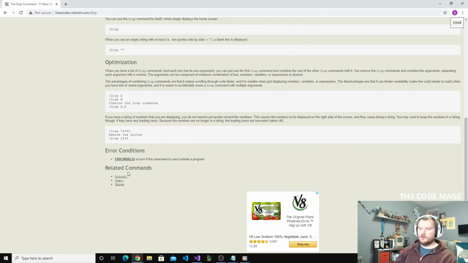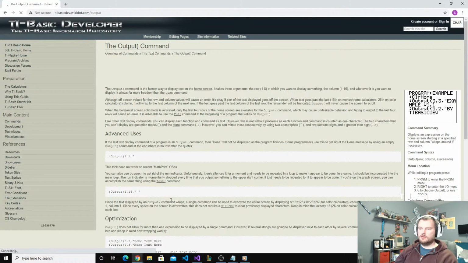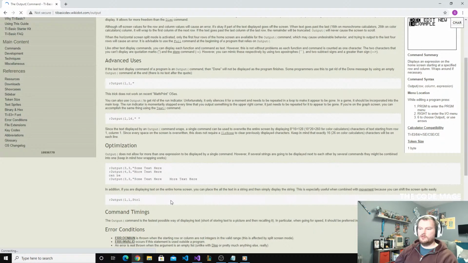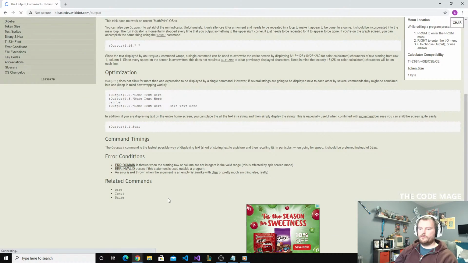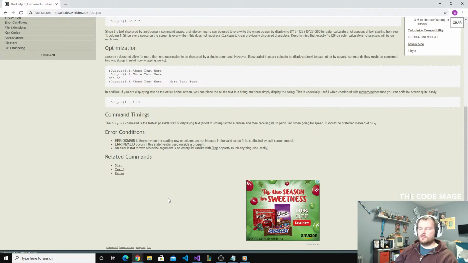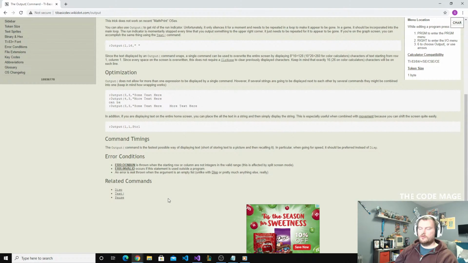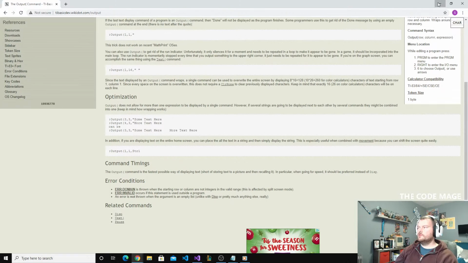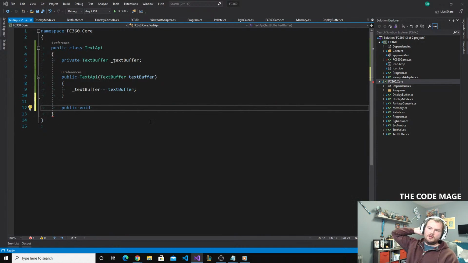But I don't know if you could do it at a specific place. Oh yeah, output. With something like the console in C#, you put your cursor in a place and then you print to it. I think I'm going to try, just for now,